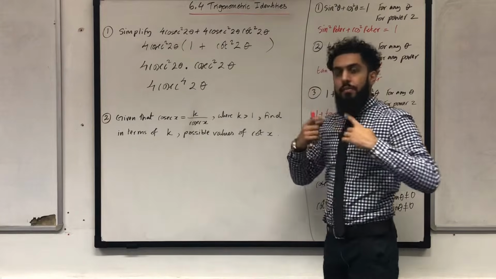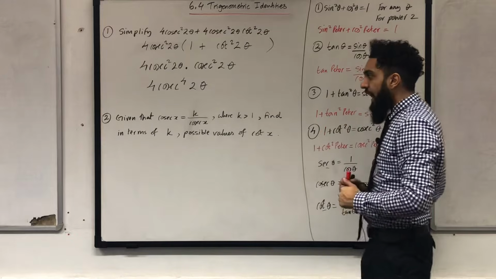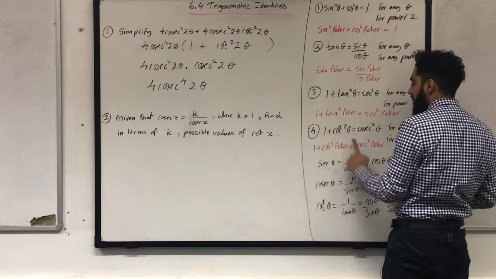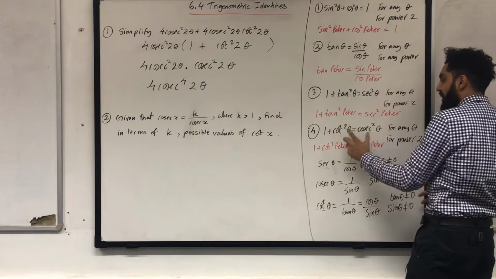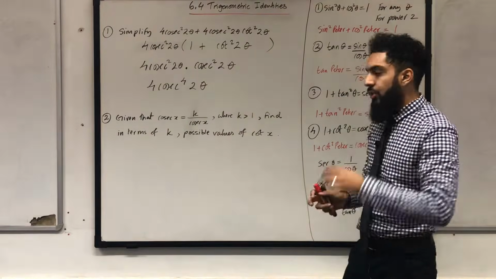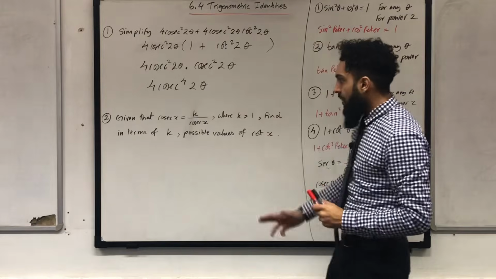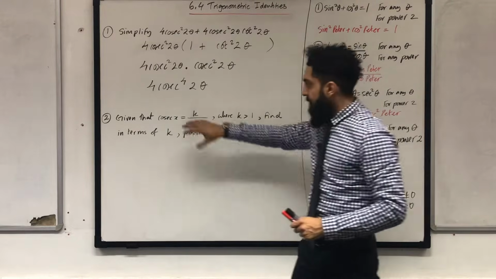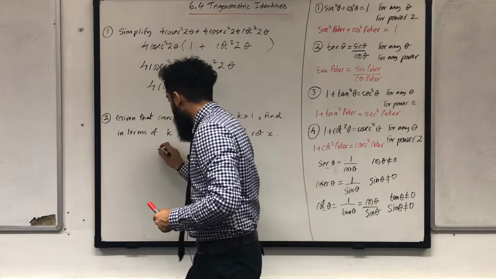I know a very juicy identity that connects both cot x and cosec x, and that identity is 1 plus cot squared theta equal cosec squared theta for any theta, and it's only true for power 2. So what I can do is first of all try and obtain cosec squared x. The way I can do that is by multiplying both sides by cosec x in this particular equation. So if I do that, I get cosec squared